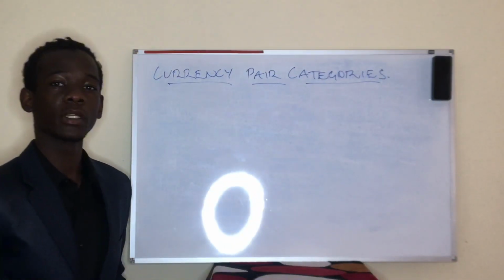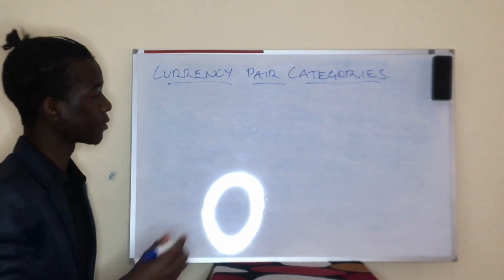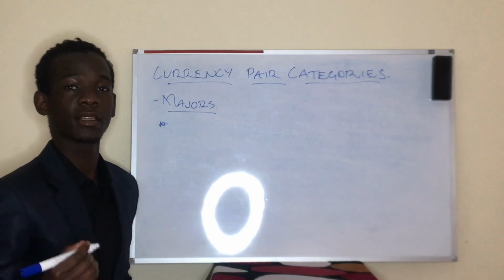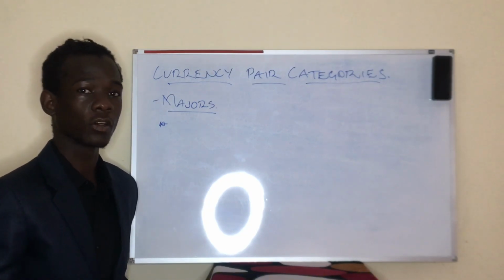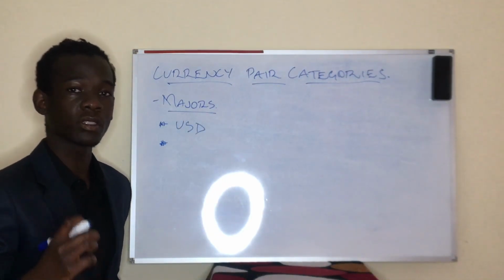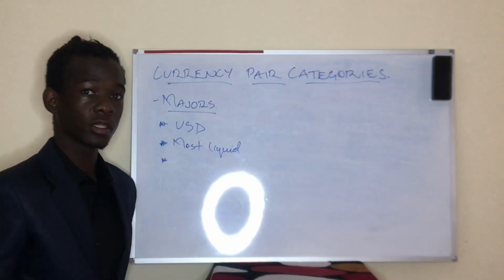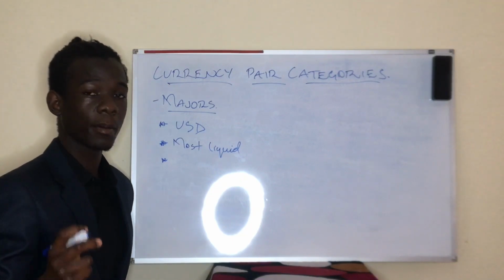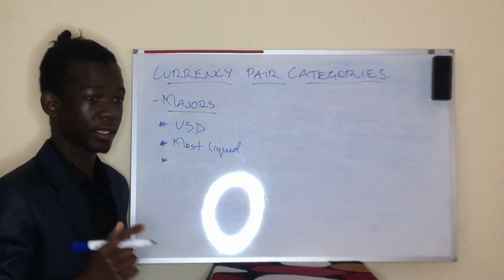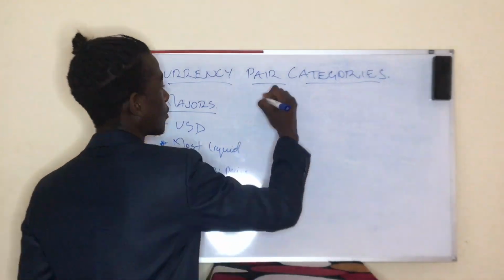Now, when it comes to currency pair categories, the first one we're going to discuss is the majors. The first characteristic about majors is that they always have the USD written alongside them. The second is that they represent the most liquid pairs in the market. And the third is that there are 7 major pairs. There are 8 major currencies, but there are 7 major pairs. Now, these pairs include the following: